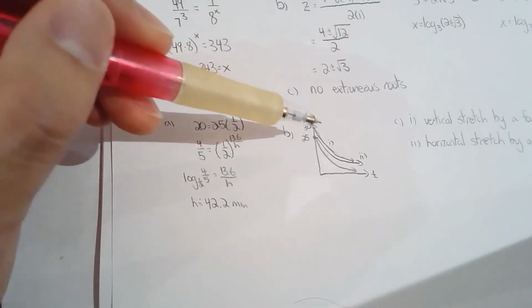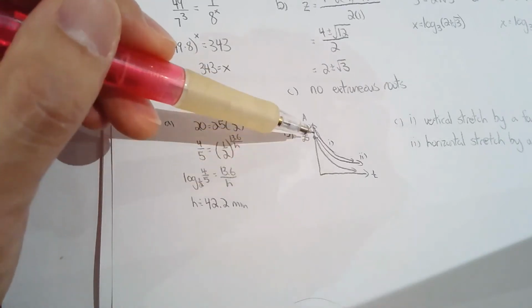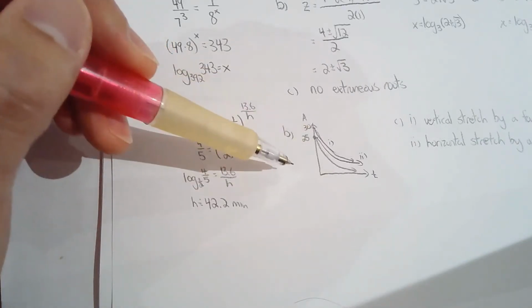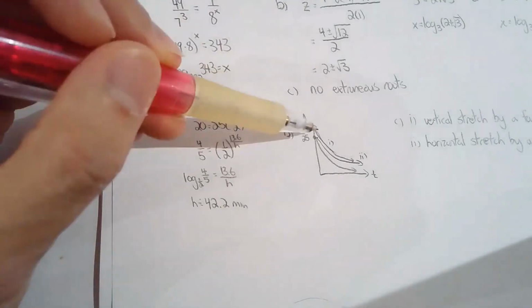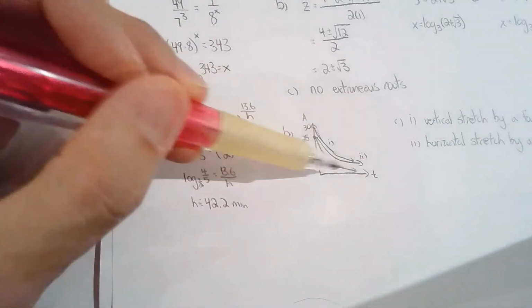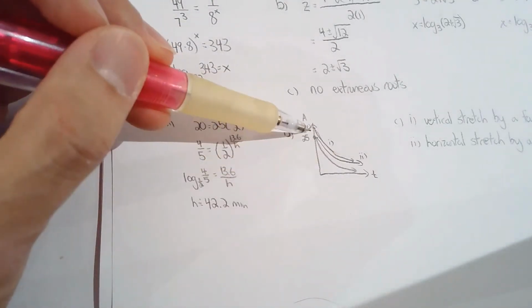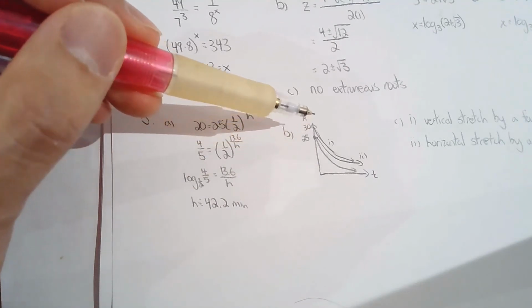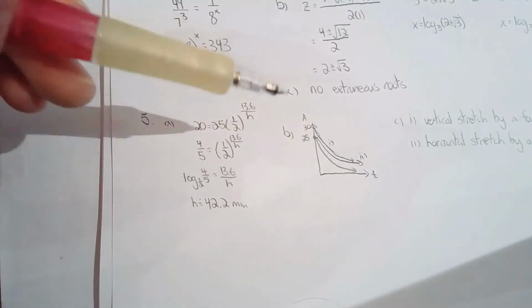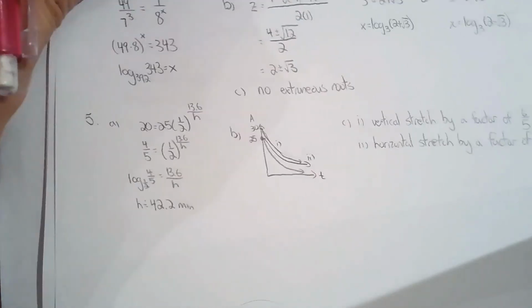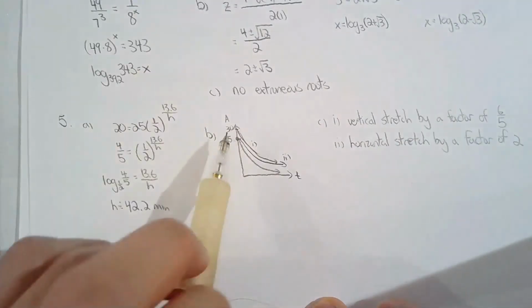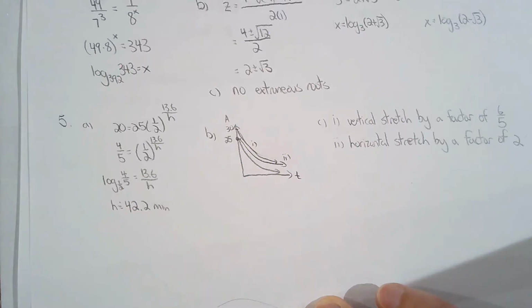5b, the graphs aren't very pretty, but you can graph it on a nice piece of grid paper. It's basically your first graph is your exponential decay graph. Now the 2 other graphs, you can determine them by using transformations of your original exponential decay graph. So for the first graph, it asks you